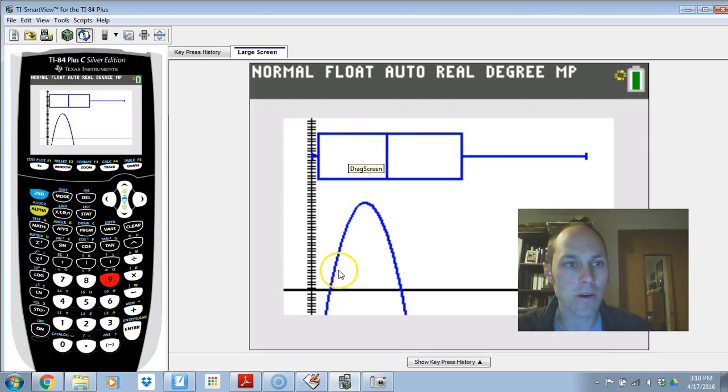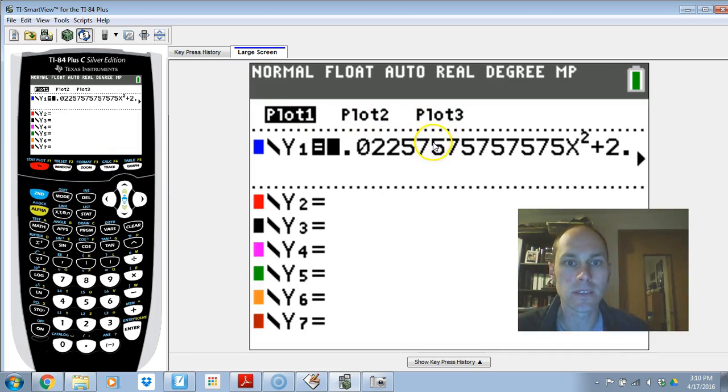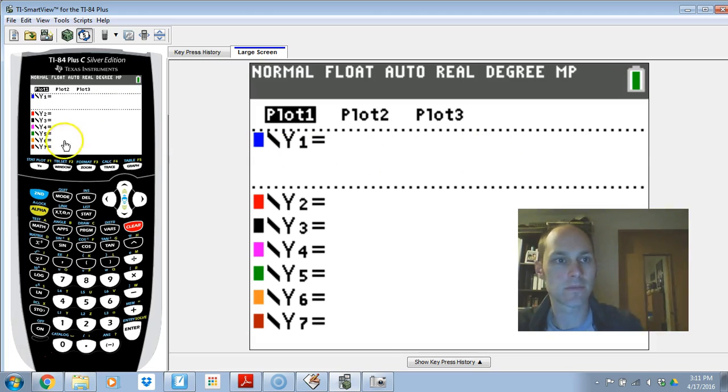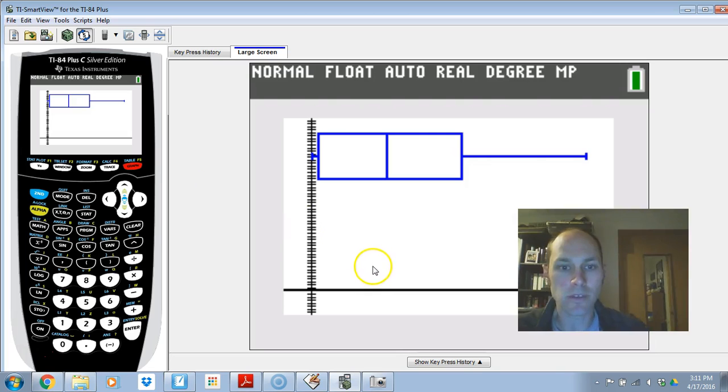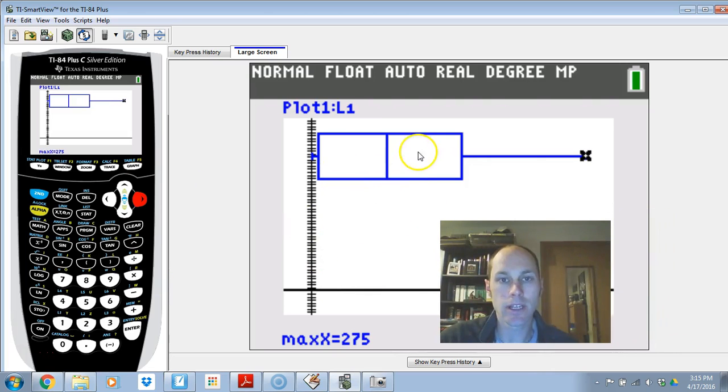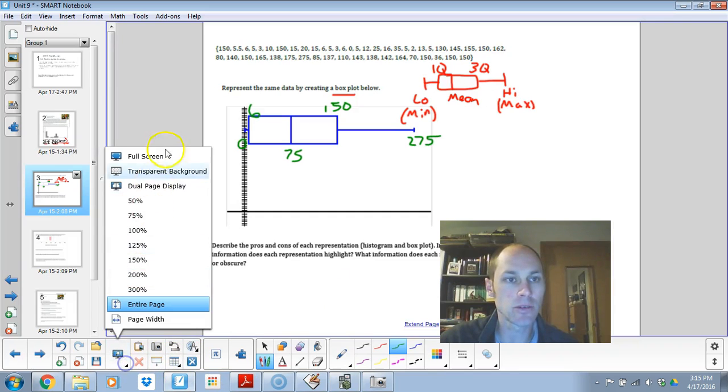I've got my parabola on there. I'll get rid of that one so we don't see that. Okay, so there's our box and whisker plot. Now let's take this box and whisker plot and let's interpret it. So if we go back to our